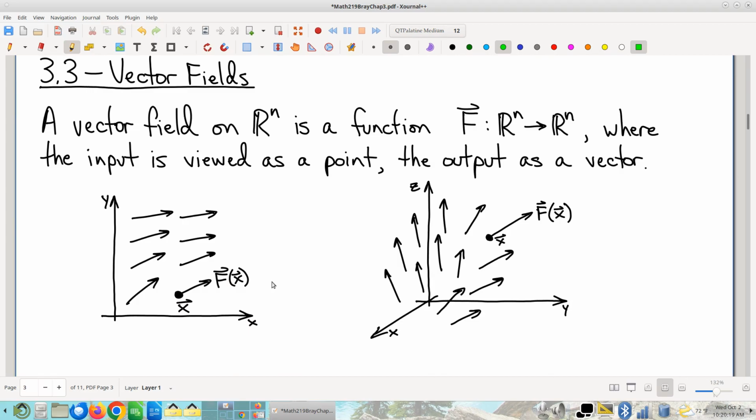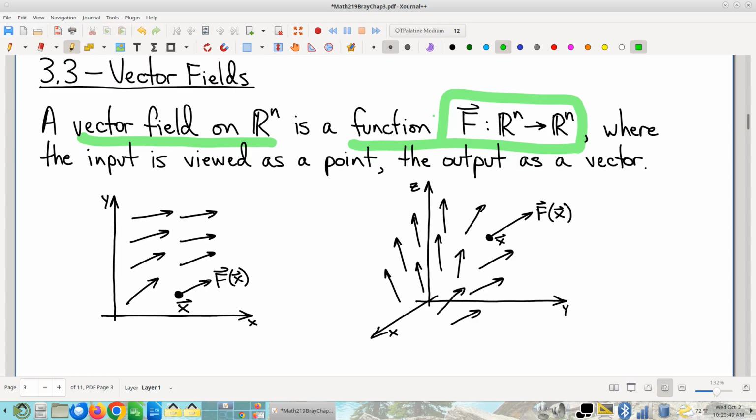So this is a new kind of mathematical construction. It's a completely new mathematical object. Well, in a sense, in some sense, nothing's new. So this is, as a definition, a vector field on Rn is a function from Rn to Rn. Now, it turns out there are different kinds of functions from Rn to Rn that we're going to care about